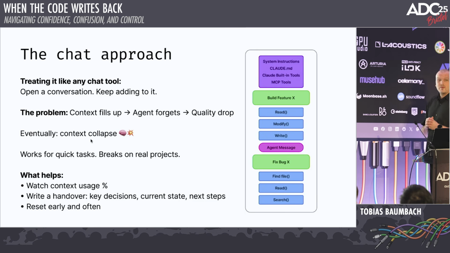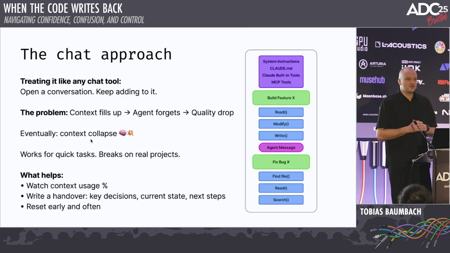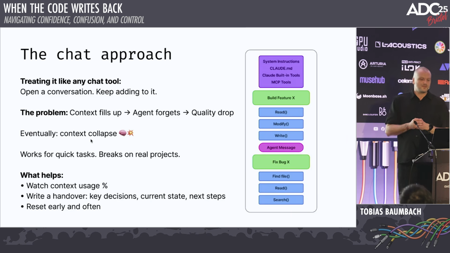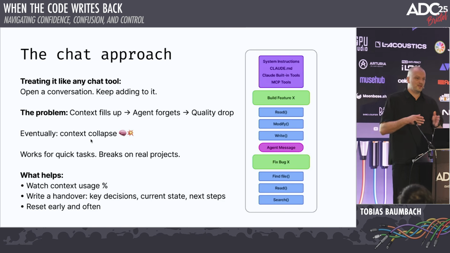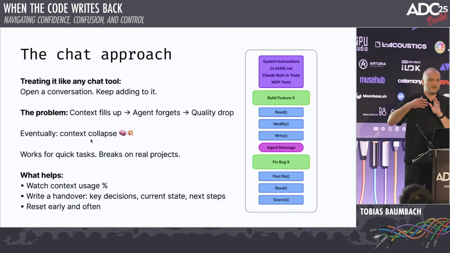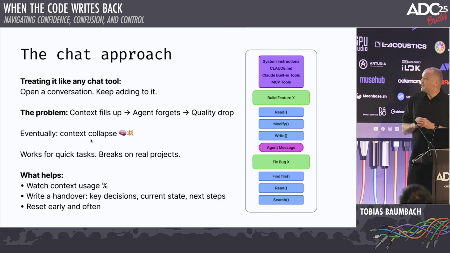So this is probably how most of us started to use these kinds of tools, right? The chat approach, using it like ChatGPT. So I start a conversation. I say, okay, just add this feature or fix this bug. Then going on a long thread, then do something else. At some point in time, you run out of context and auto compact kicks in, and then you continue and continue. That actually works quite well for smaller tasks, but the problem is it doesn't scale that well because